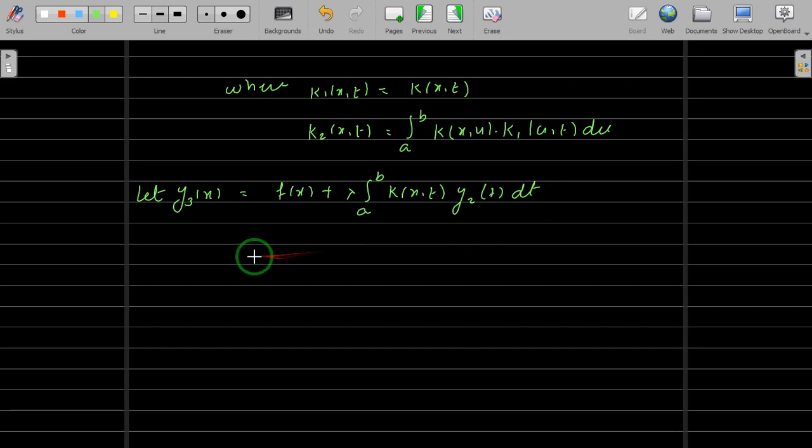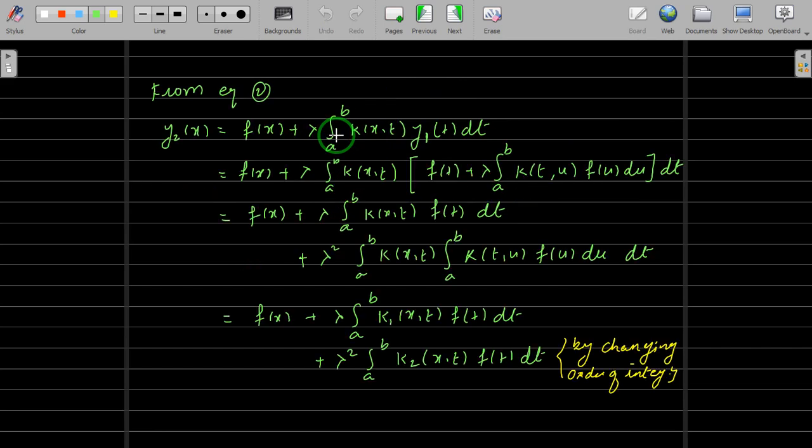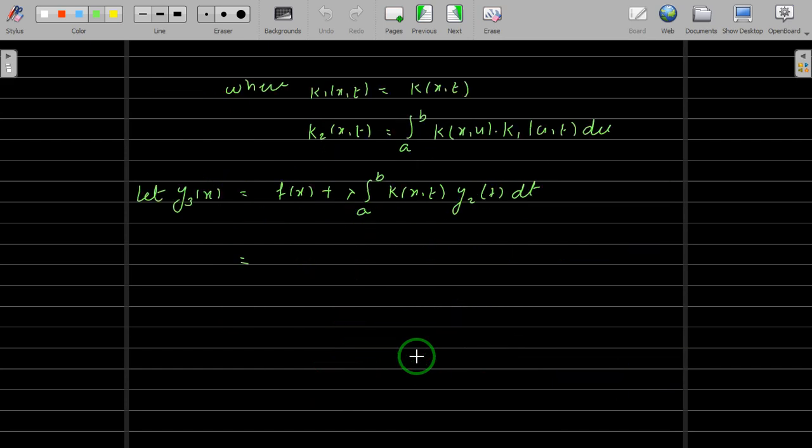Again you replace, you have the expression for y2, so in place of y2 you put this expression, but again be careful with your variables. So this is equal to, let me write directly here,